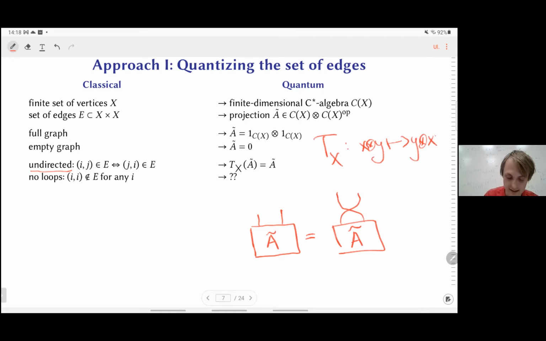Okay, so this is the undirected condition, and now it already starts being important that I have this opposite here, because otherwise I would have to have, in addition, some transpositions here. So now it really makes a difference, at least regarding this undirected condition. Okay. So otherwise you'll stick in a star.